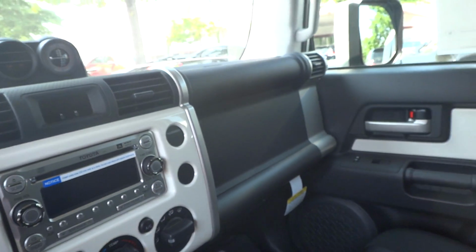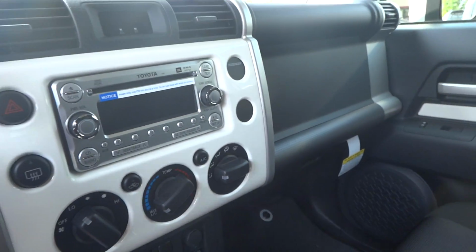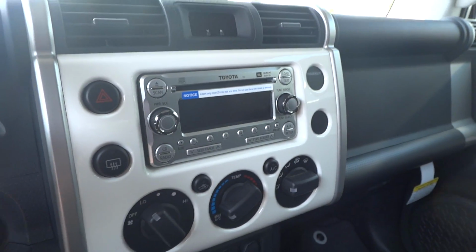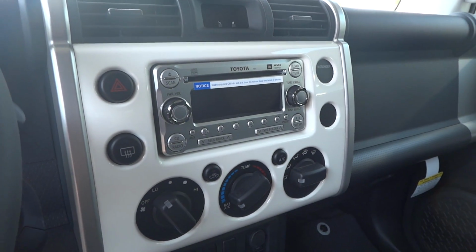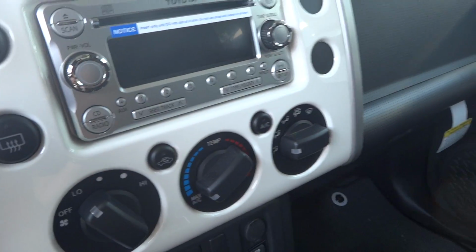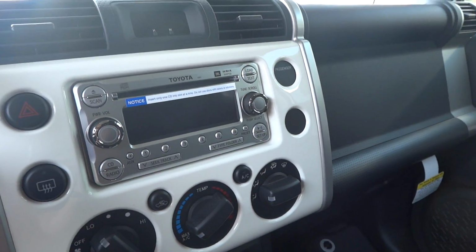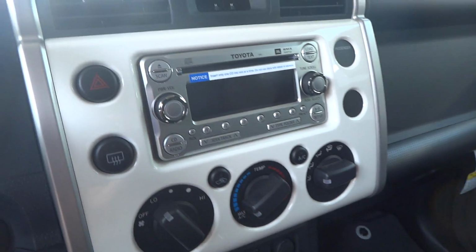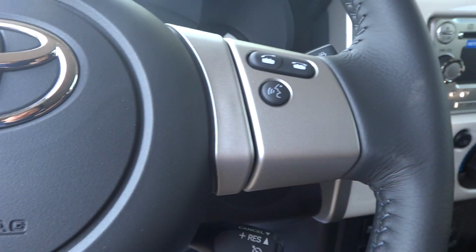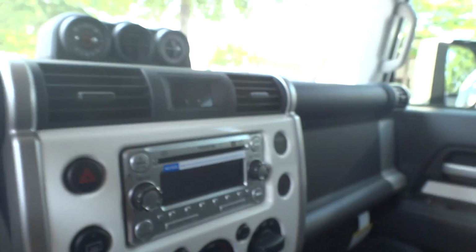So we're inside the car. Everything looks pretty nice. Another little thing. The radio, I don't know. Half of me thinks it looks right here. Half of me thinks it looks like something they stuck in. I'm sure they could have done a little bit better to make it match, because I'm not sure, but the silver, chrome, whatever you call it, accenting doesn't seem to match exactly the accenting on the wheel. So I just have a little gripe against that. Maybe that'll grow on me too. So closing the door,